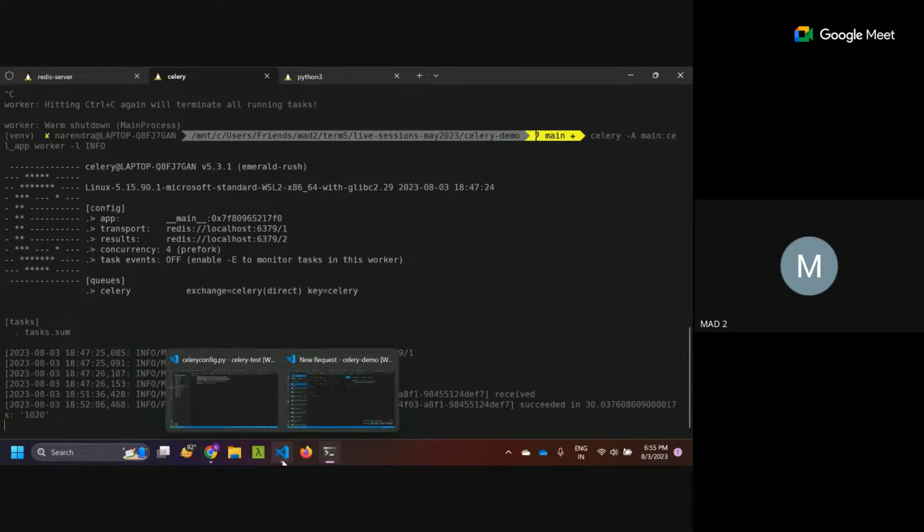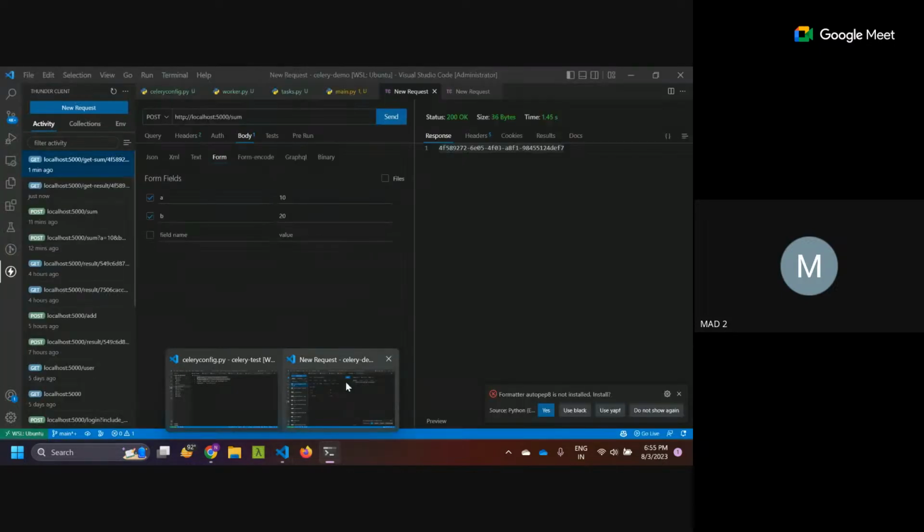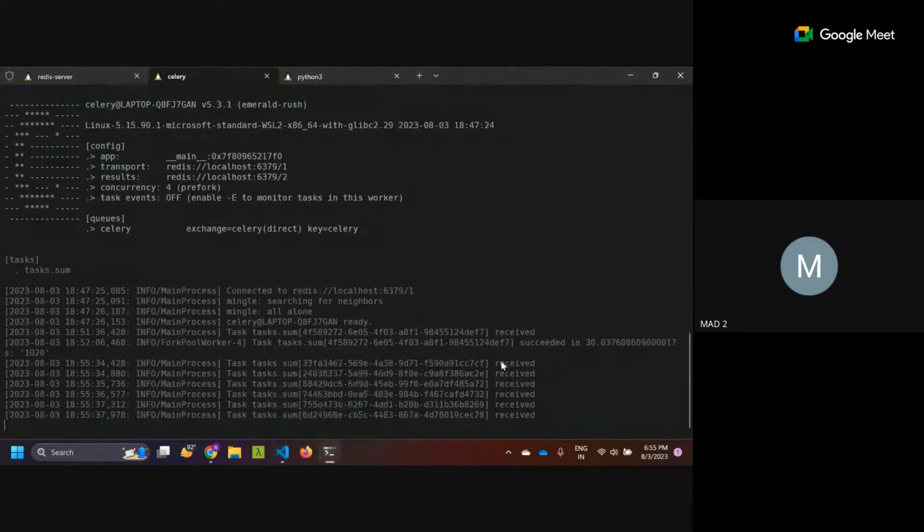Let me prove that it runs tasks concurrently. Let me make this request 6 times and analyze the console. So 1, 2, 3, 4, 5, 6. I have made 6 requests. You can see that it has received 6 requests, and let's wait for 30 seconds. It will give the results in 30 seconds,